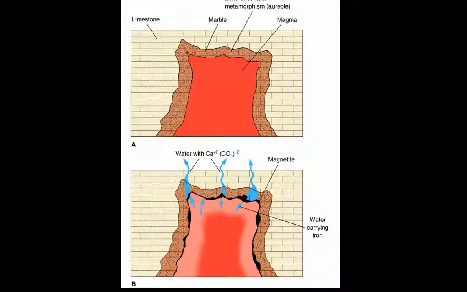If this were sandstone, it would be baked into quartzite. If this were basalt, it would be baked into hornfels. Whatever rock is there can be baked into another type of rock. Something else happens. There's water released in the cooling of a pluton, and that water will gather minerals, and because